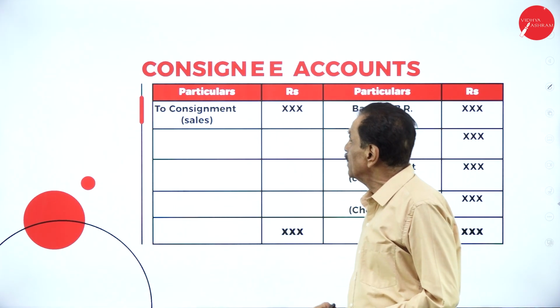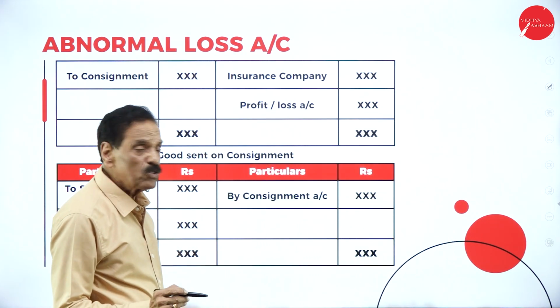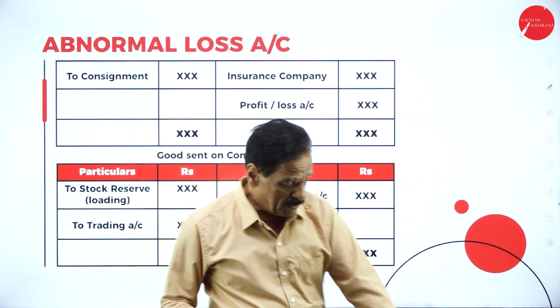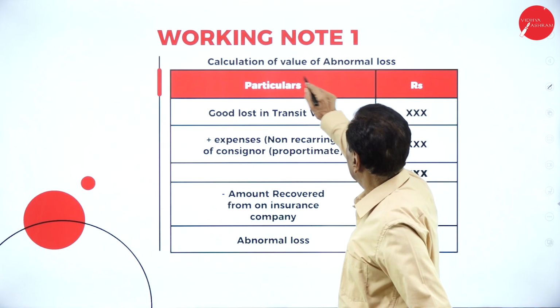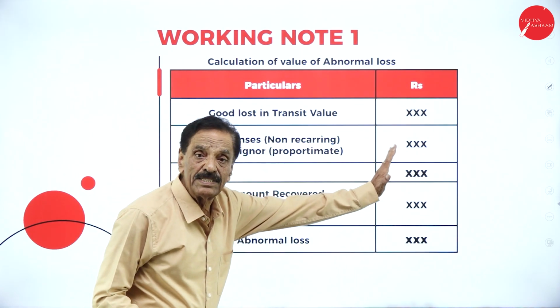That's one point. Then, there was an abnormal loss account. How to calculate abnormal loss, I am going to explain to you. Here, in the abnormal loss account, I will tell you how to do the working note calculation of abnormal loss. Goods lost in transit,